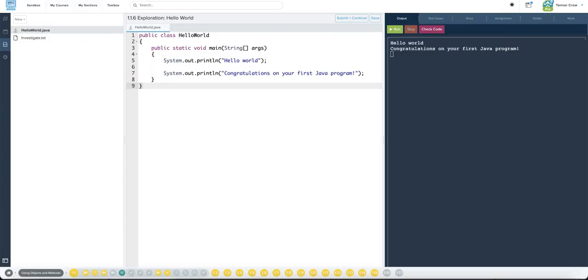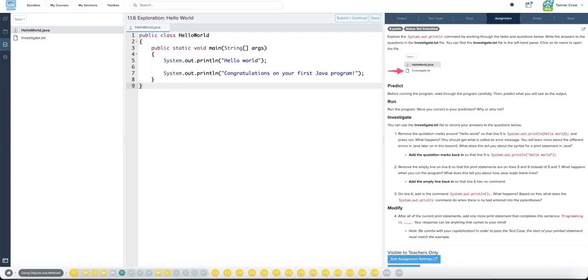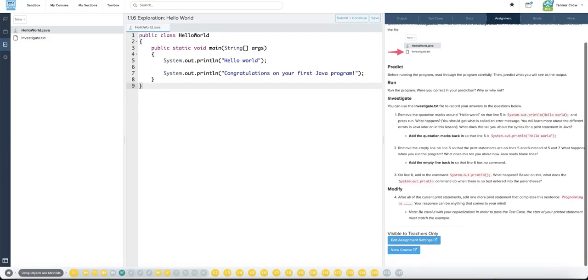So it wants us to run the program. Were you correct in your prediction? Why or why not? So you wanted to predict what the program would print. Hello world, congratulations on your first Java program. Yes. Remove the quotes around hello world, so that line 5 is just hello world, so that would be an